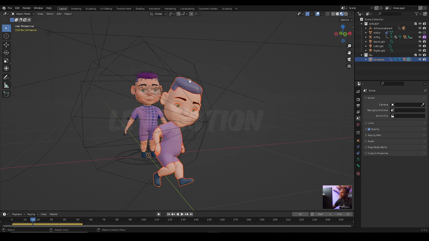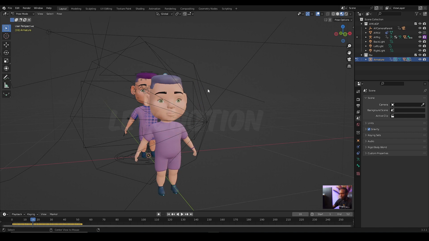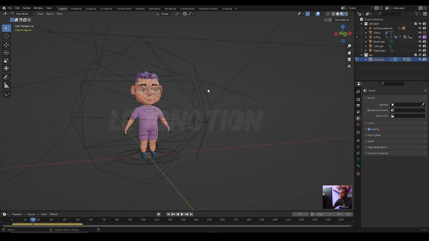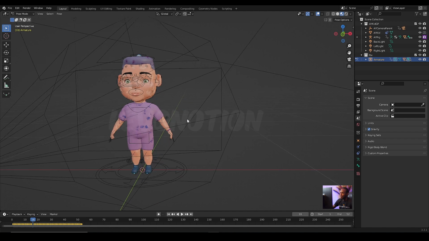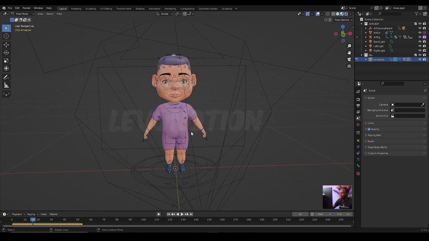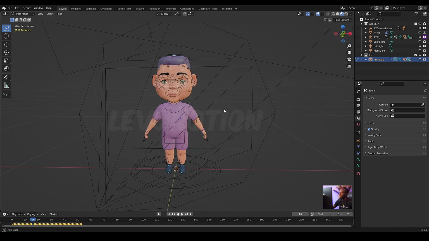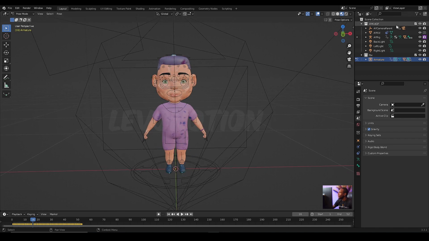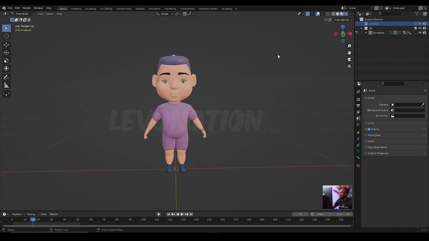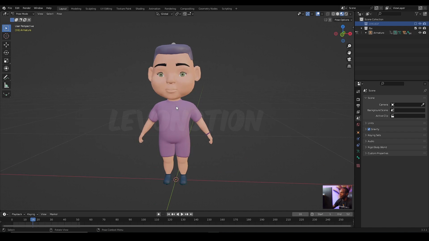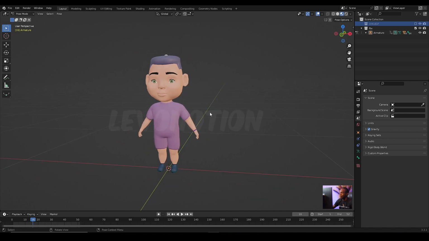Okay, so select the armature and I go to pose mode and reset by using Alt R, Alt G, and Alt S. So that takes my character back to the origin. Now that I have my character at the origin, I want to turn off the original blend file so I can see what my FBX looks like, and I make my corrections right here.